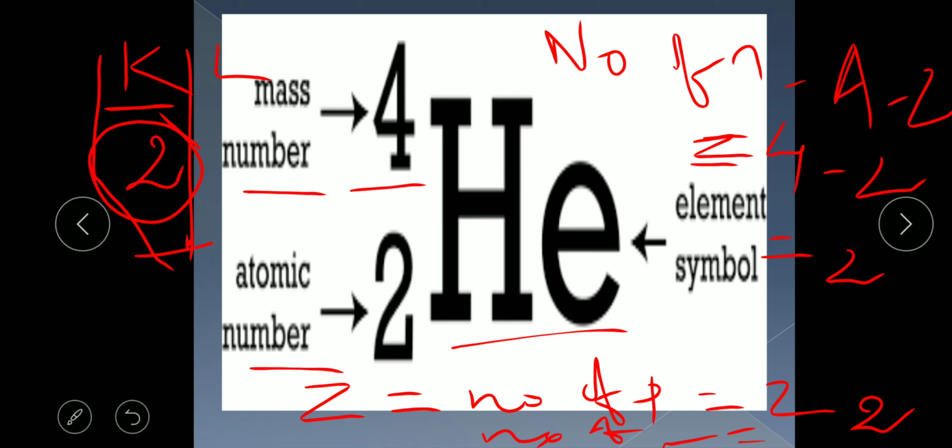The first shell is what? Duplet, because it can contain 2 electrons. After that, the outer shells should contain 8 electrons. So that is why it will be known as octet. 8 for octet. So its duplet is already fulfilled. So it will neither take the electron nor give the electron. It will also not do the sharing of electrons. So that is why such elements are the noble elements, because their octet or duplet is already fulfilled. So the only duplet element, sometimes asked in objective questions, is helium. Okay.